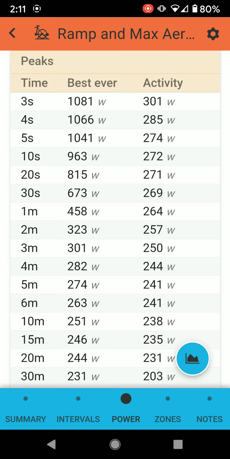So here's the important thing. We've gotten two different numbers, and that tells us different things, right? So why would we get two different FTP numbers and use both of those to train? And so the tests are uniquely different. The second test is a longer duration, and the longer the duration of the test, the better it's going to be. The shorter the duration of the test, the more it is going to lean on anaerobic powers, meaning powers that are above your threshold. So what we like to call it here is the first number from the ramp test